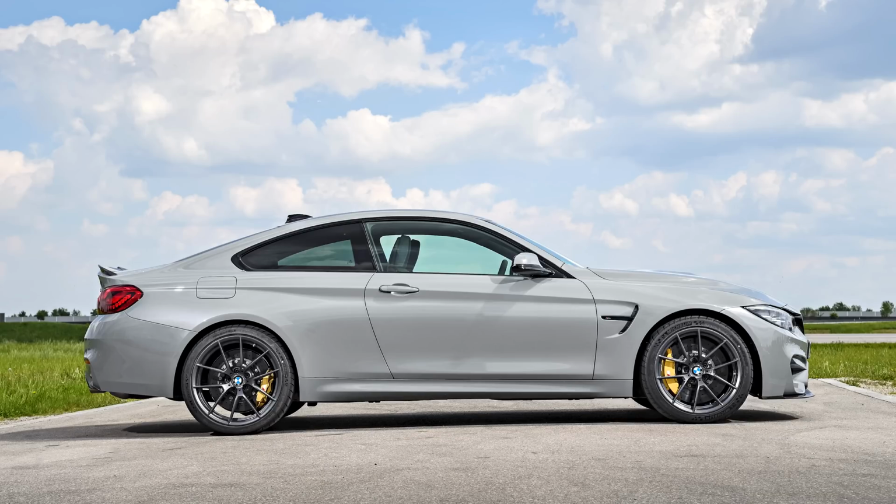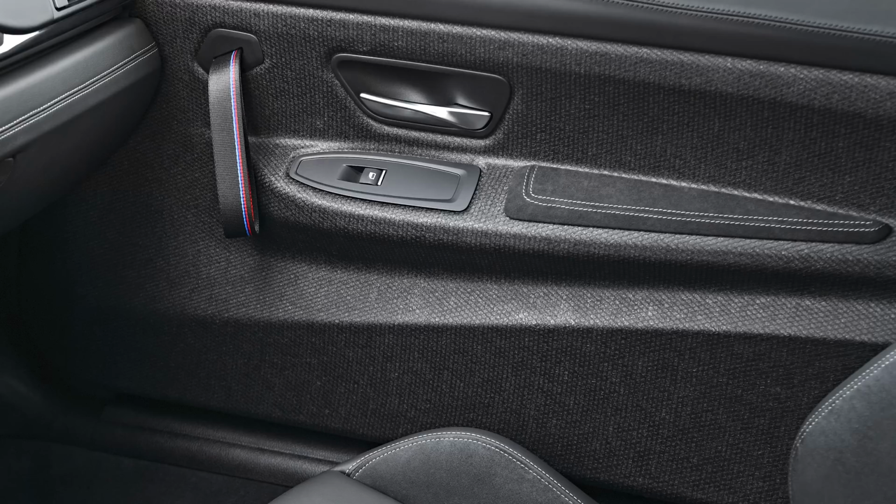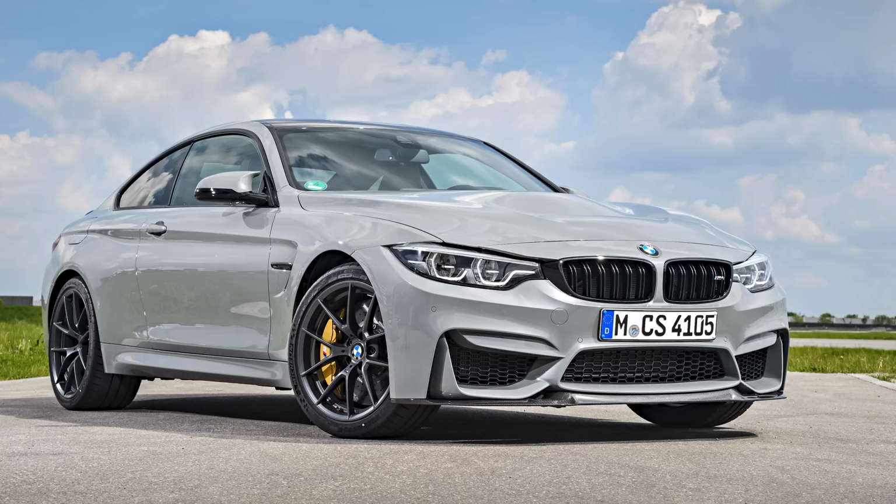When BMW M launched the previous F generation CS cars, they started with the F82 M4 CS, and I think that was back in 2017, early 2018. Fantastic car, very stripped out. They'd even taken the door cards out of that car. There was nowhere in the cabin to put anything. It was like a proper race car. And although most people, including myself, raved about it, and could feel the differences compared to an F82 M4 regular or M4 Competition, comp as they called it for a while,